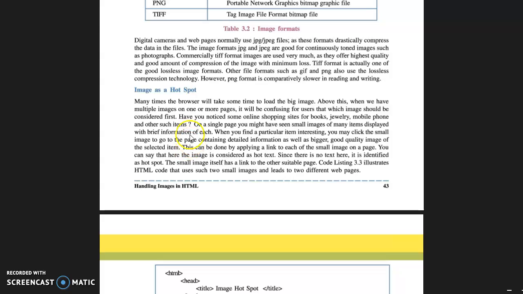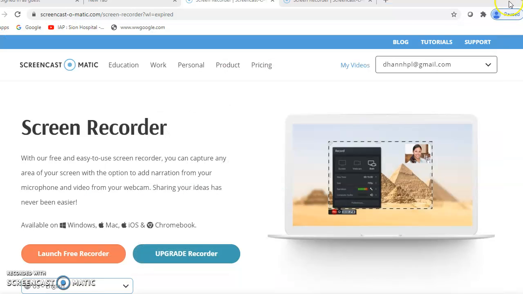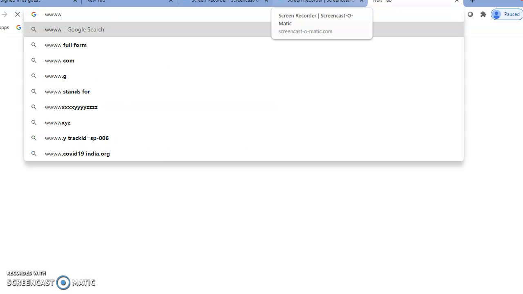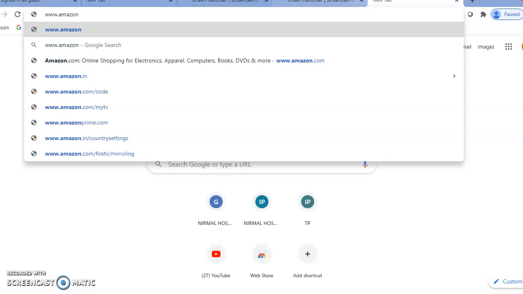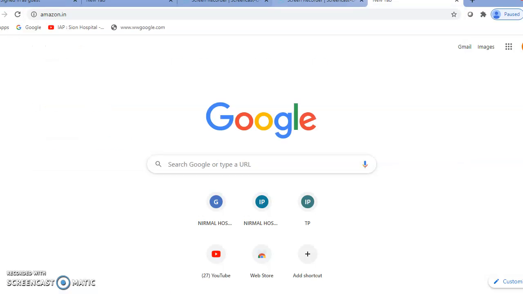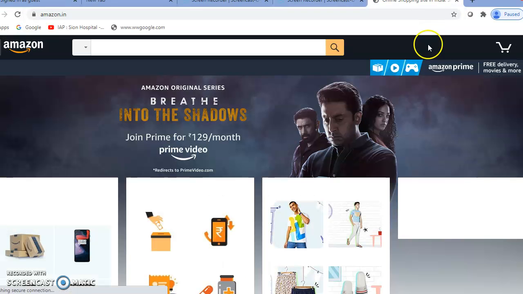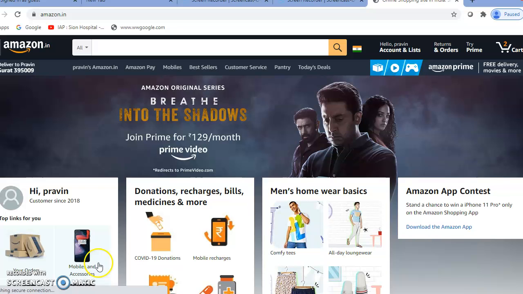Suppose I want to give you an example. Suppose when we select any image, we will open www.amazon.in. Suppose we want to purchase a mobile.